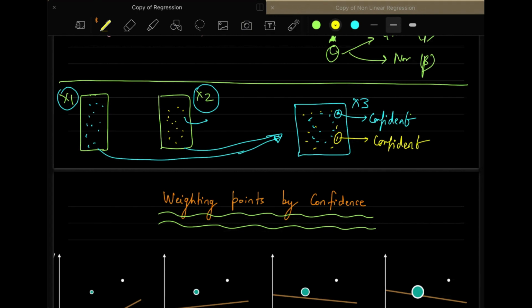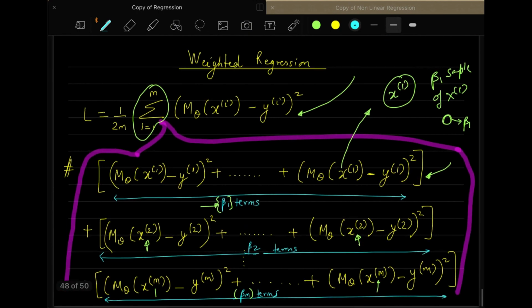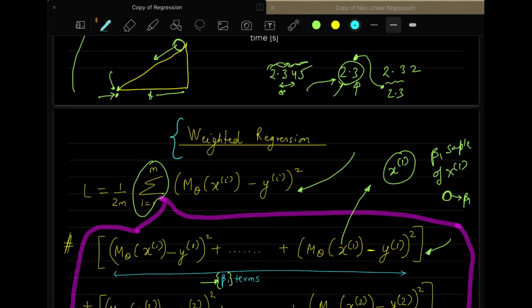And by your previous experience, or maybe due to some study, you know that the confidence of the yellow is more than the confidence of the blue. Maybe somebody told you because of their experience in the industry. So if that confidence is there, this type of application also falls into this particular type of regression, which is weighted regression.